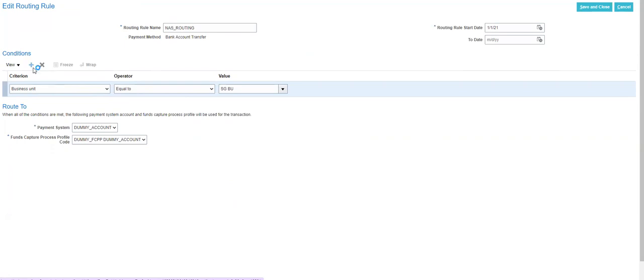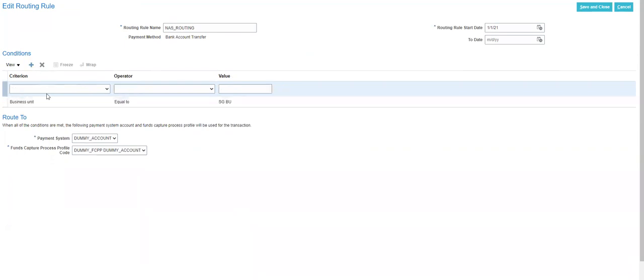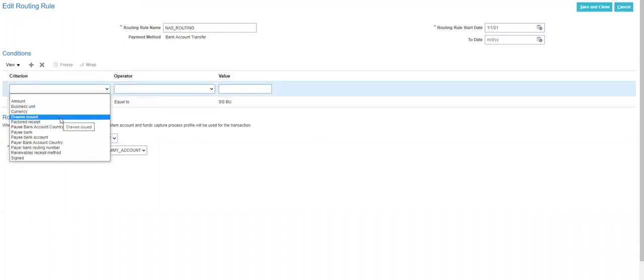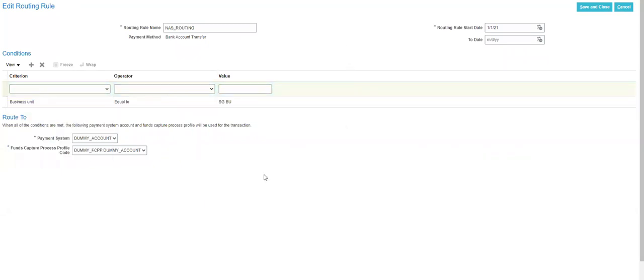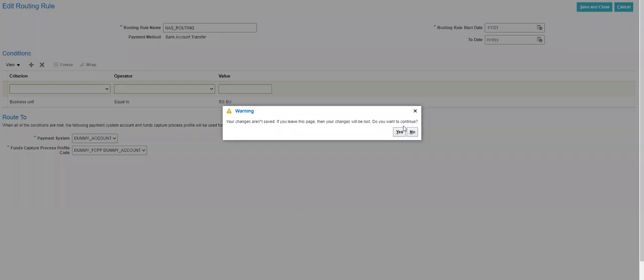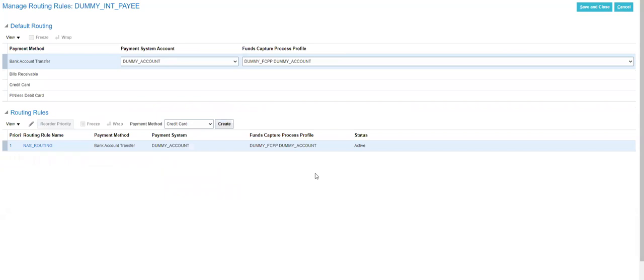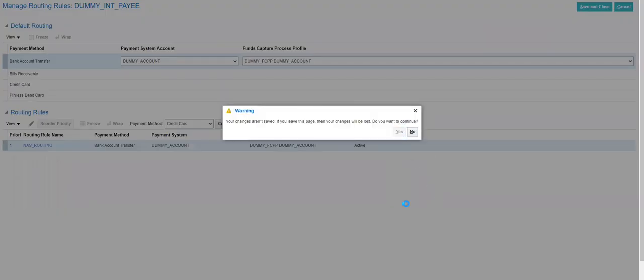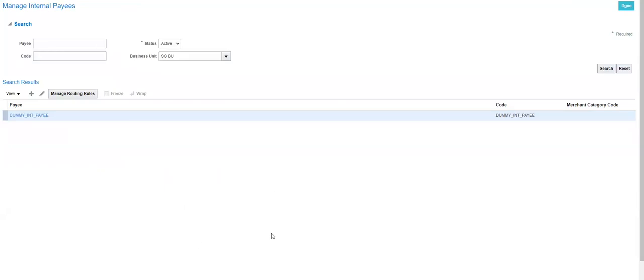I'm not going to do that, I'm just showing you how we can do it. If the business unit is this, and let us say if the payer bank is this, all these conditions we can put, then use the particular payment system. So the routing rule we need to configure enables the system to know what payment system it can use for what kind of payment.